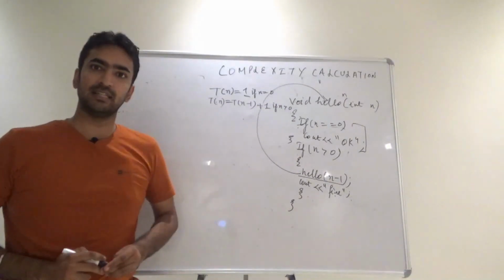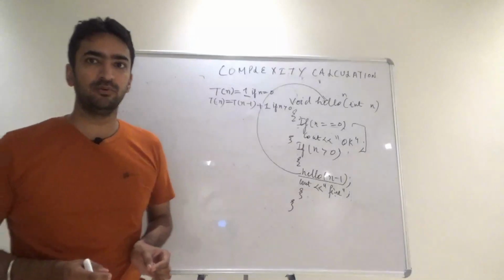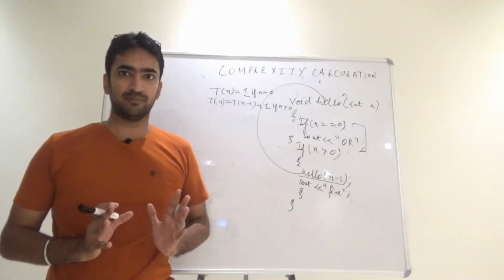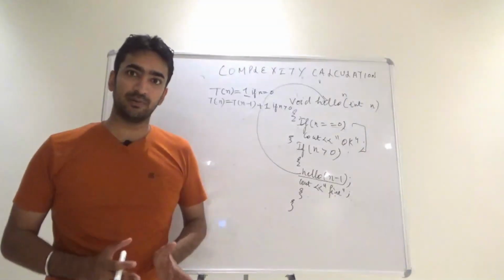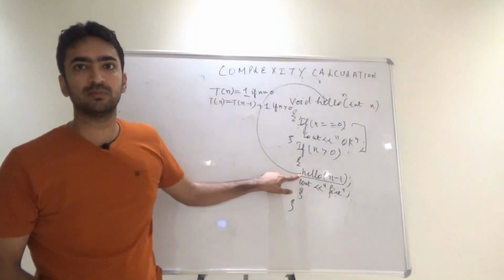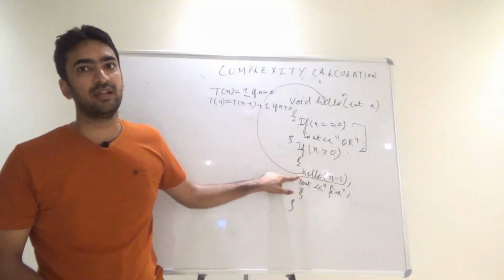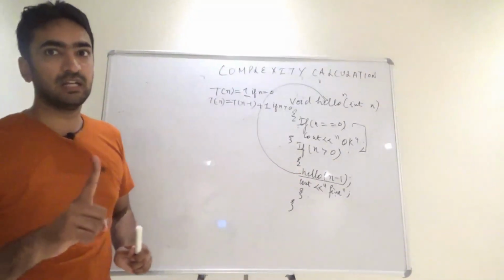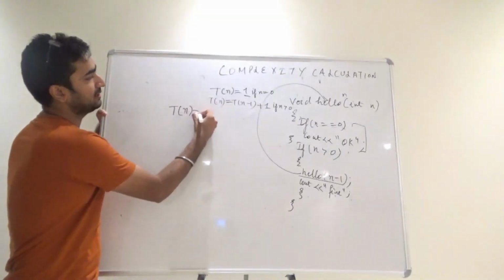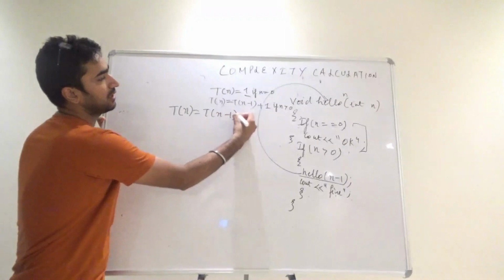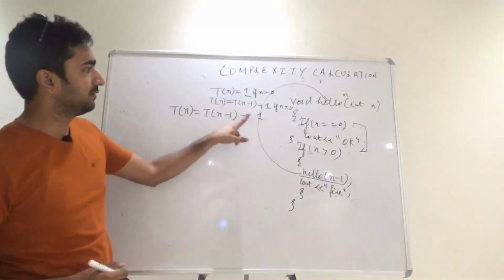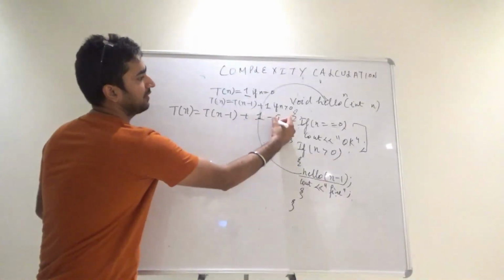In the back substitution method we need to substitute the values and try to get the answers. The substitution method works only for the recursion which is continued, and the one which is continued is hello n minus 1. So I am going with that equation only. We will have T of n is equal to T of n minus 1 plus 1, right? So this is one equation that we have.